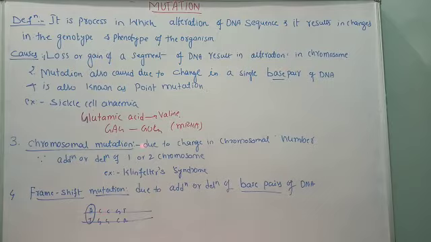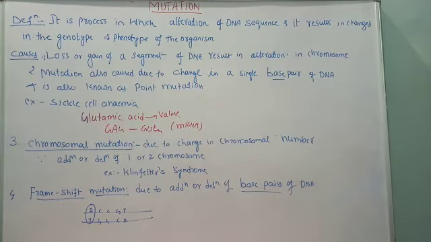The best example I can recall here is sickle cell anemia. Sickle cell anemia in detail we are going to discuss in the next genetic disorder, where the detailed concept of sickle cell anemia, characters, its pattern of inheritance, everything we are going to discuss. But here the example for point mutation is sickle cell anemia.